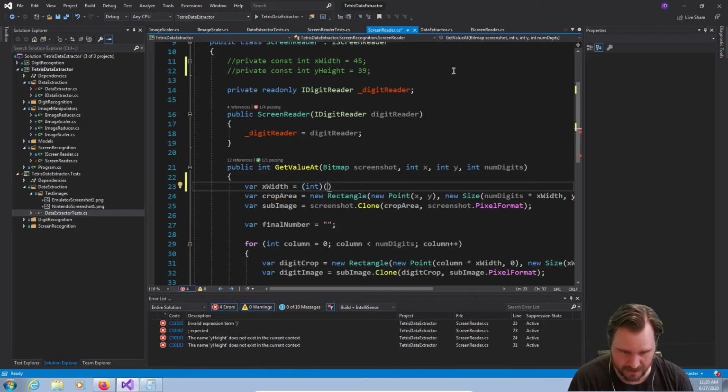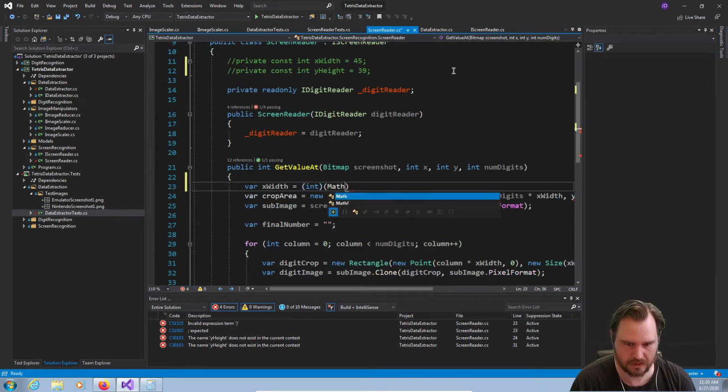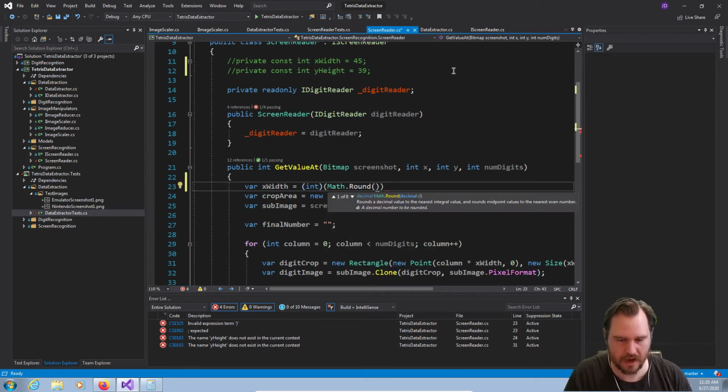And again, do I want to make it an integer? I'm not sure. I mean, it's got to be an integer, but I don't know if I want to keep the decimal places or get rid of them at this point. Anyway, that's okay. Let's take 45 and